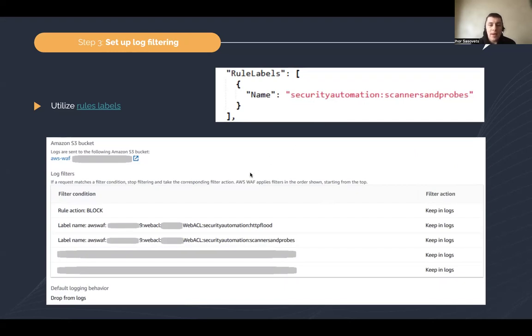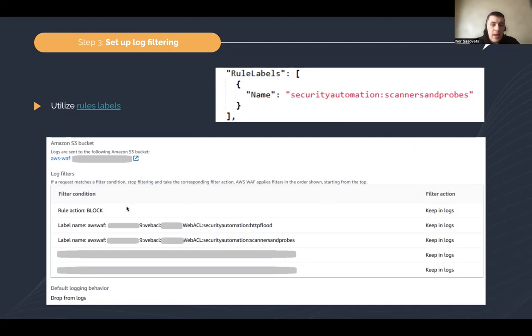By using these labels, you can later apply them when setting up your log filter. By utilizing this approach, you will be able to reduce the number of logs but at the same time keep the logs that are most interesting for you, and extend the possible options for your filter, because by default you have a